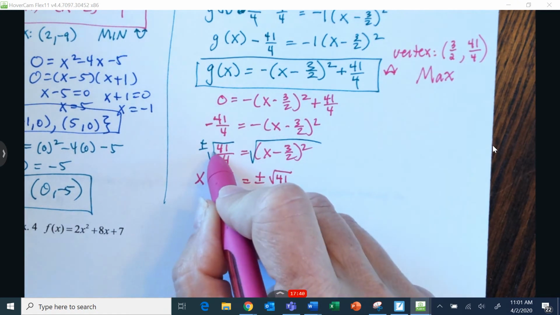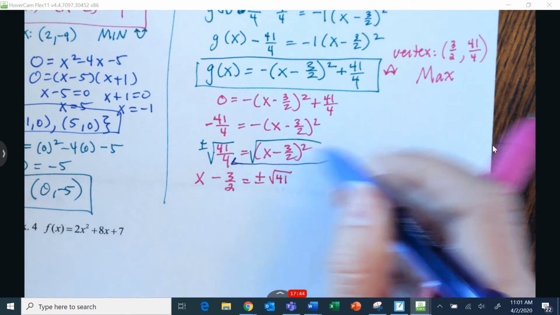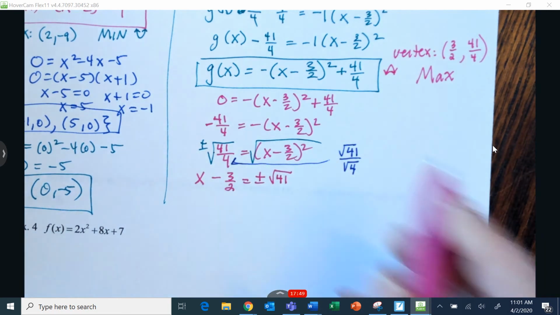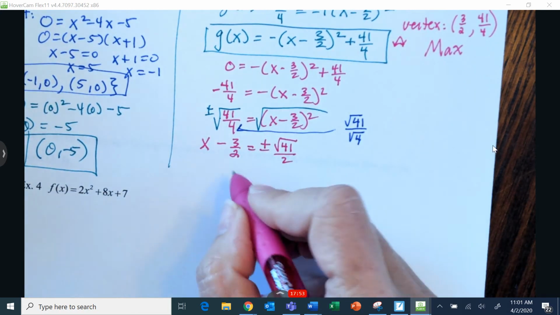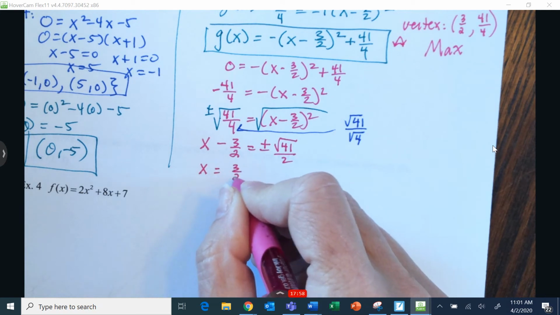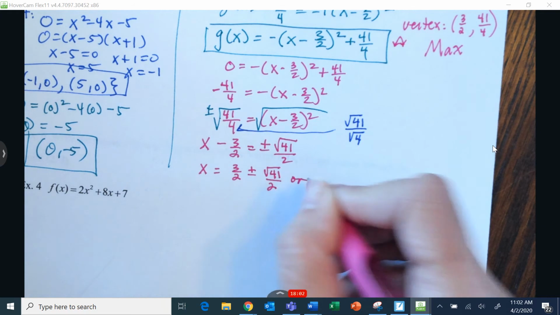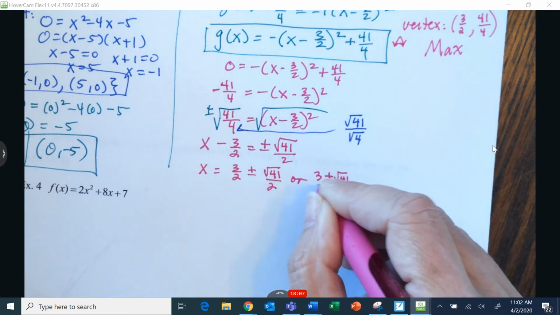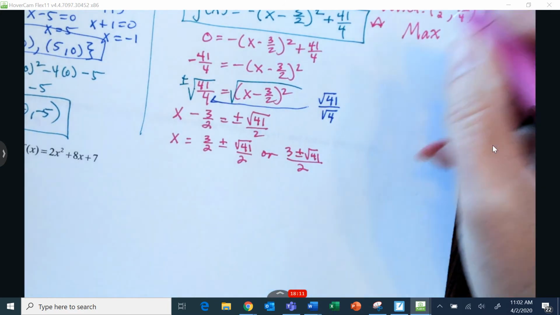And as I'm doing this, you square root the 41, and you have to square root the 4. So this is going to be square root 41 over 2. And then I'm going to add the 3/2 to both sides. X equals 3/2 plus or minus square root 41 over 2. Or we can rewrite it as 3 plus or minus square root 41 all over 2 because they already had a common denominator. So my x-intercepts